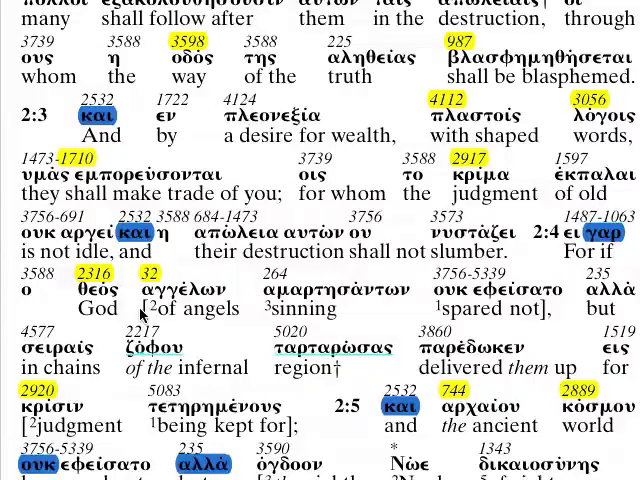For if God, theos, and there's a gar, another particle, generally always gar. If God spared not sinning angels, or angels of sinning, angelon, an angel, a direct transliteration. Alla, that one should have been highlighted there, 235. That's another particle, but that but is different than the other. But in chains of the infernal region delivered them up,